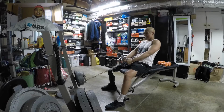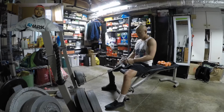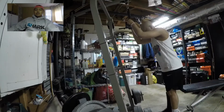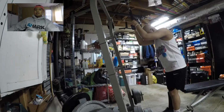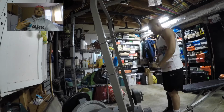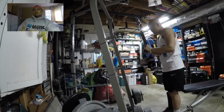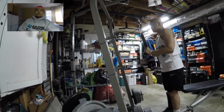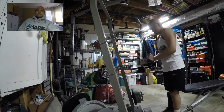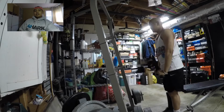and you just gotta keep adapting to what life throws at you. Like I mentioned before, I can't just go out there and be like, oh, I want to bench, or I want to squat, or I want to deadlift, or I want to take these really heavy dumbbells and move them around. My goal is not to just go back to lifting really heavy weights. I think my goal now is more big picture than it was before, because now I just want to have a really healthy body,